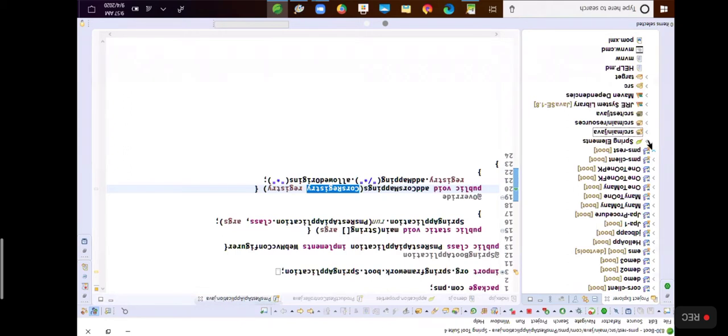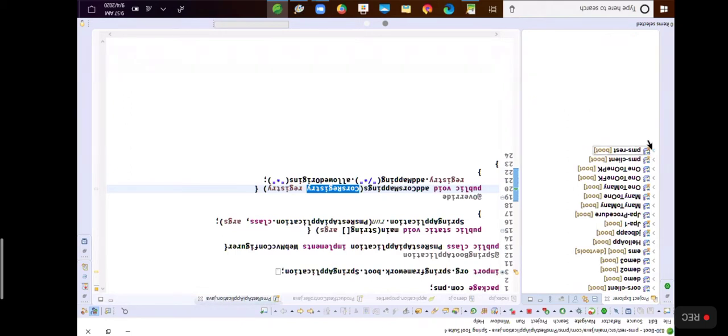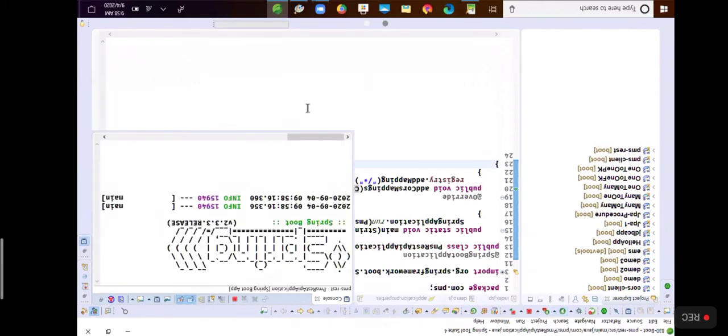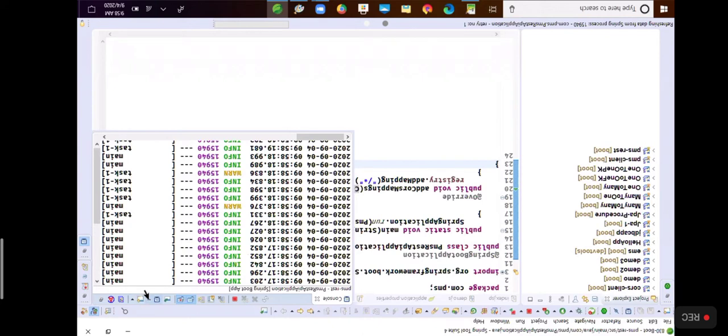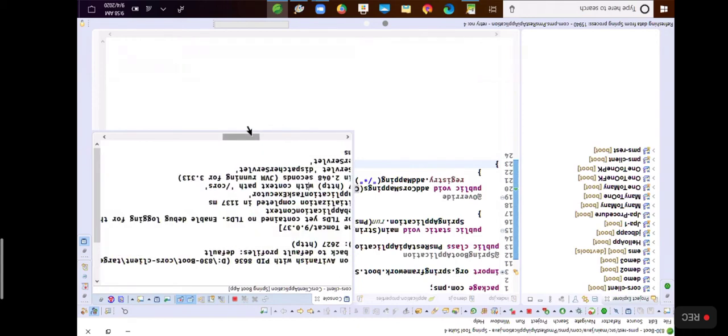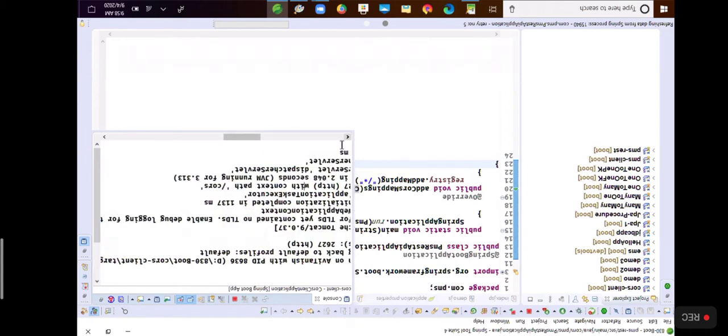Now I would like to start this REST application server. Are you clear? And you know already my CORS client is running. This client application is running on the port number 2627.